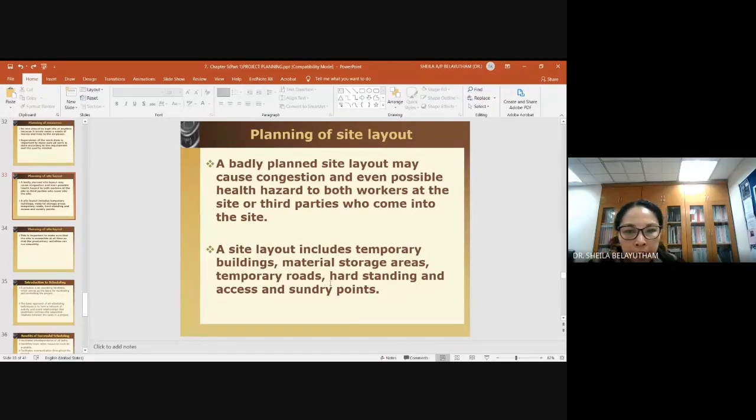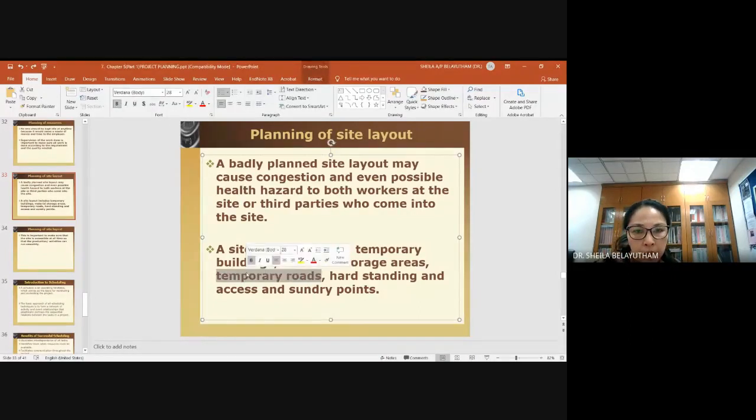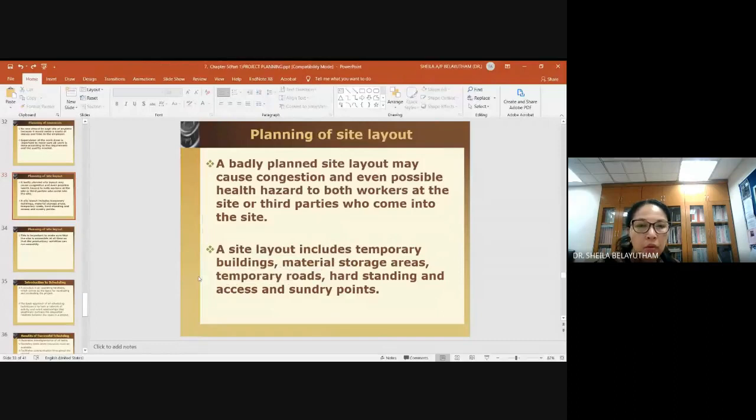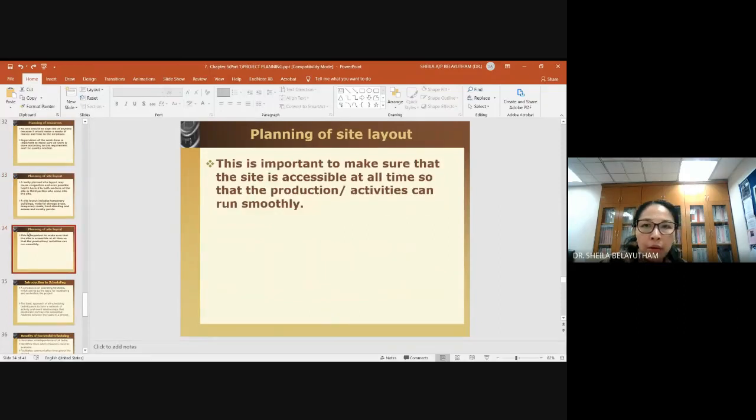Okay, temporary drainage as well. So besides temporary road, you need to have temporary drainage, you need to have this sediment pond, hard standing for material areas. Okay, and also access to the sundry point. Basically, sundry point is something like a canteen, for example, for workers. Okay, so it's important to make sure that the site is accessible all the time to ensure that